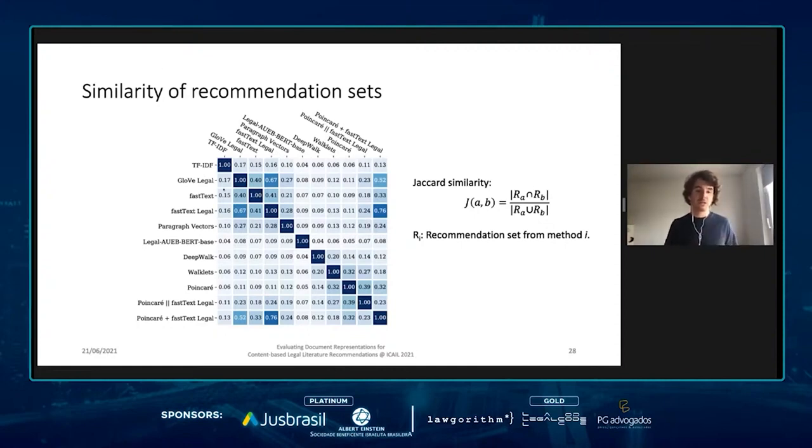What you can see here is a higher similarity between the text-based methods and also between the citation-based methods. But when you compare text or word vector methods with citation methods, the similarity is low. So this means that they produce different kinds of recommendations. And this is why combining them in a hybrid manner leads to this performance improvement.